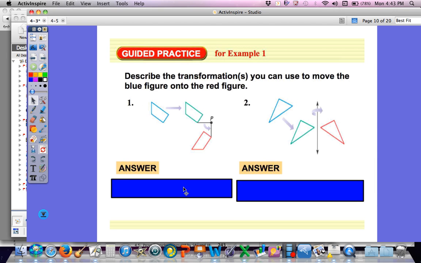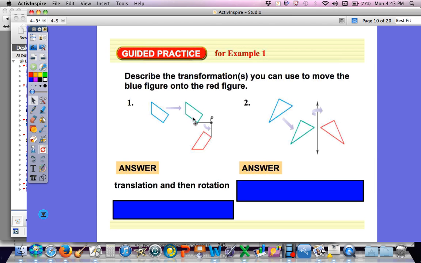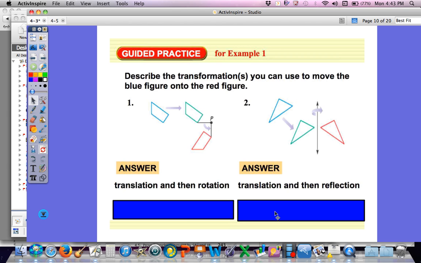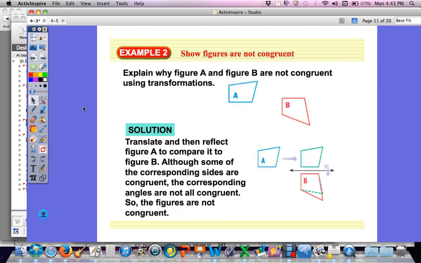Hopefully you got it. Number 1 is a translation and a rotation, again, about point P. Number 2 is a translation and then a reflection. Okay. Next one, they want to talk about A and B if they're congruent. When you slide